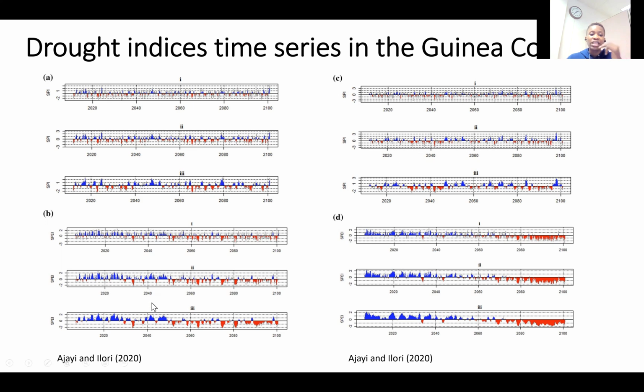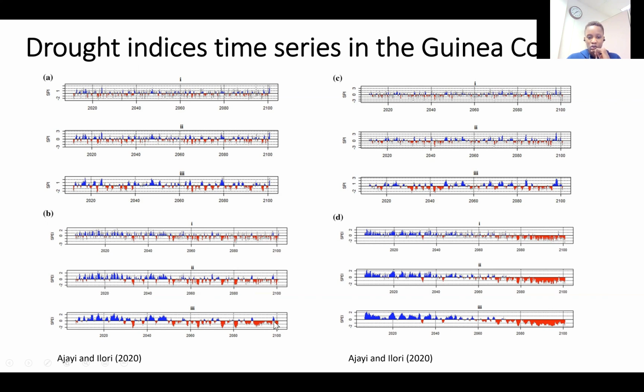So many studies have shown that the SPEI is more likely to give an accurate evaluation of drought compared to the SPI because it uses two climate indices or two climate elements. So we can see that for the RCP 4.0, we are still likely to get some high amounts of precipitation drought, agricultural drought,